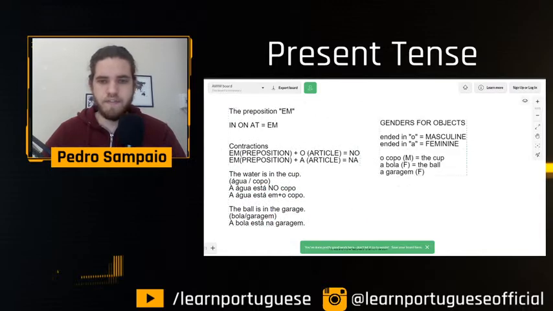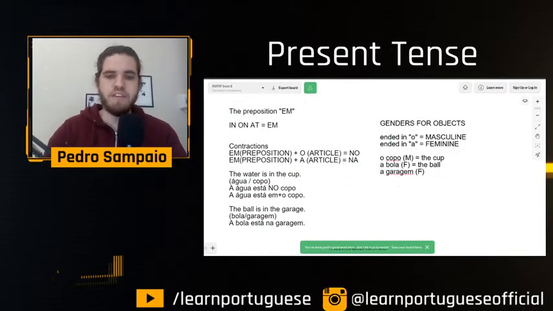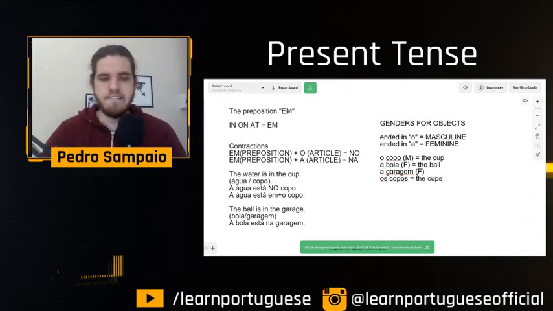What if I have a plural there? What if I say os copos, which is the cups? So do I use no or do I change something else? If I say the water is in the cups,